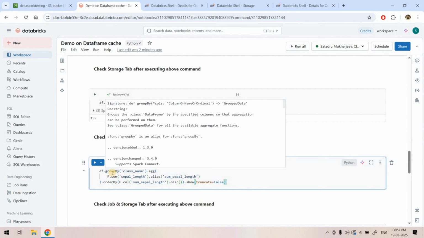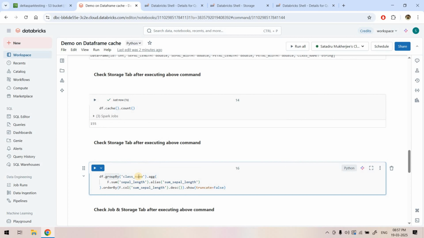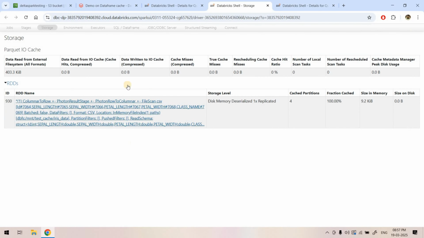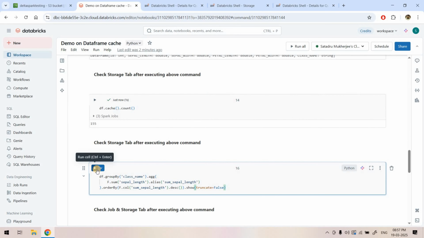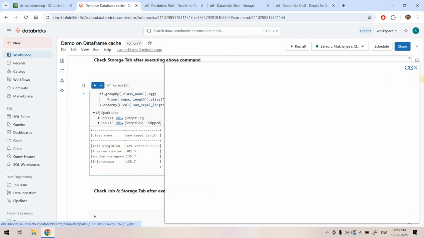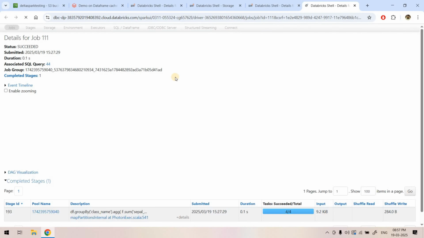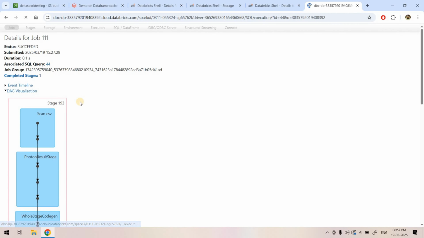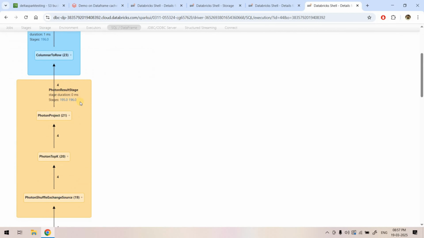So this group by command is a special command, because for whatever group by commands we have executed earlier, the data frame was not cached. But this time, before this group by command executes, the data frame is already cached, right? So now we'll inspect what is happening in the jobs tab, in the SQL query section. So I will run this cell, and here it is done. I'll go to the jobs tab and click on view. I'll maybe open it in a new tab, take it to the complete rewrite section, and go to the associated SQL query. And if I scroll below,